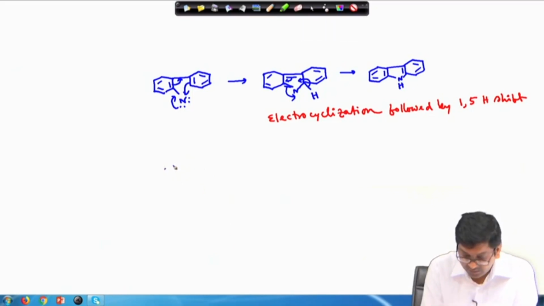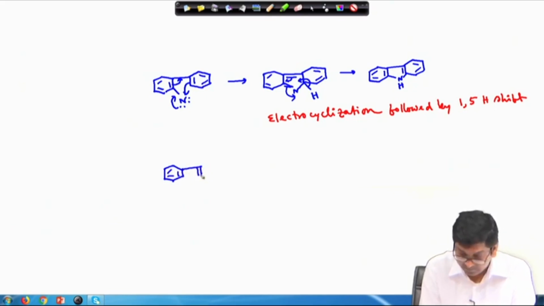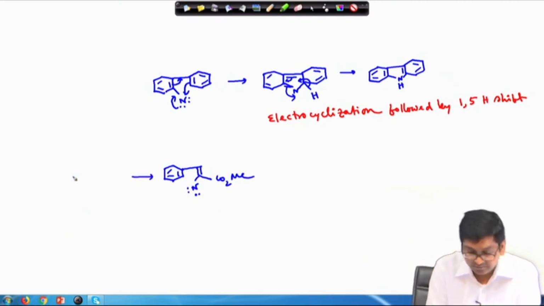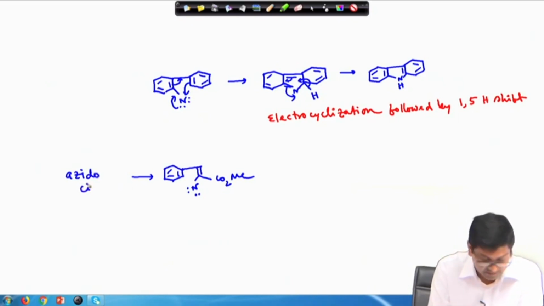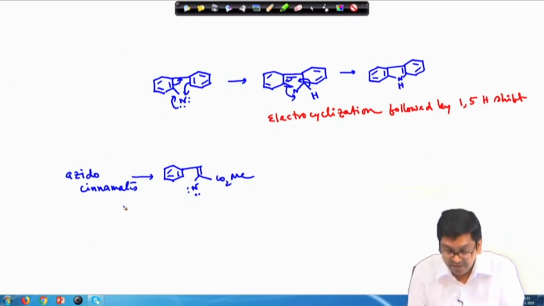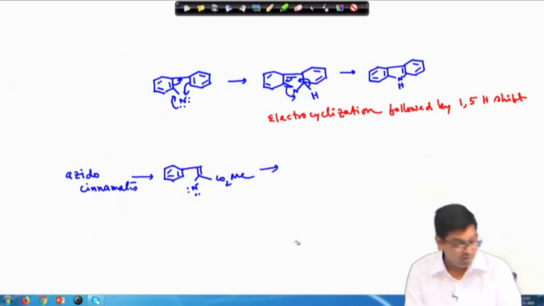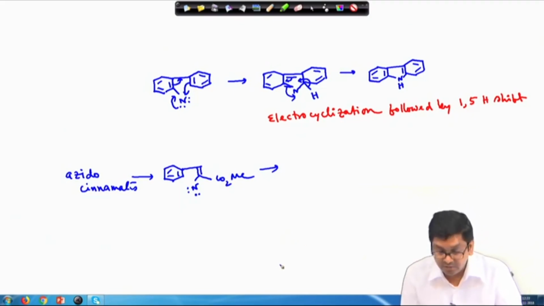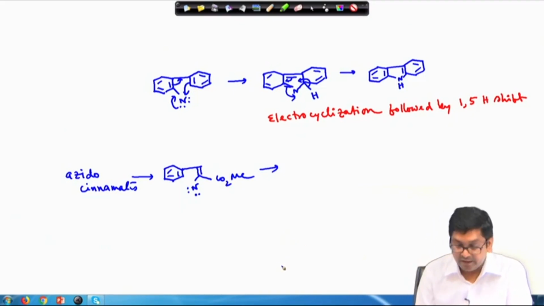one, this vinyl nitrene, okay, and this can come from some azidocinnamates. Similarly, here also it can come from this biaryl azide. Okay. Here it is azidocinnamates. Okay. So, in this case what will it give? It will also go in a similar mode of this electrocyclization followed by 1,5 hydrogen shift, and in that case